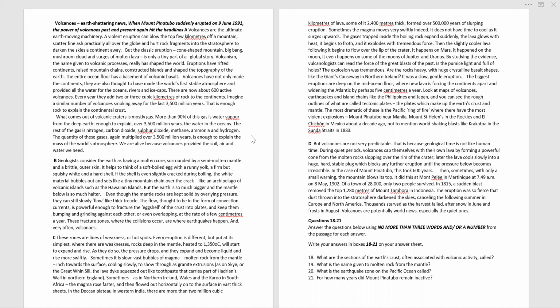Hawaiian Island or something. Okay. No, so you have to read it up here. The answer is plates. Crust into plates. So just start from here, even though the mantle, and you will understand it. It's the other way around. What is the section of Earth's crust often associated with volcanic activity called? They are talking about which section of the Earth's crust. The section of Earth's crust into plates is the section associated with volcanic activity. So we call it plates.